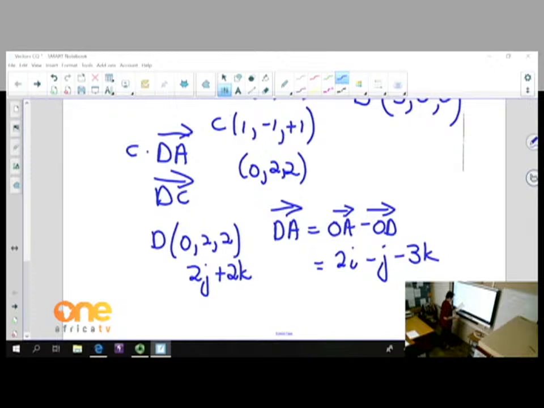And then the second one that you need to find is DC. DC is going to be OC minus OD. So there we have OC, here we have OD, so that will then be 1 minus 0, which is 1i, and then negative 1 minus 2, which is negative 3j, and then 1